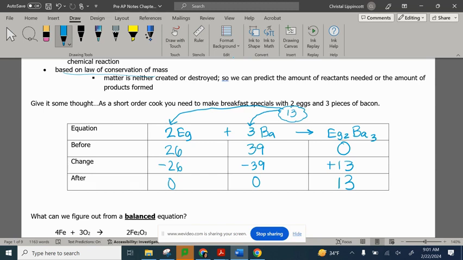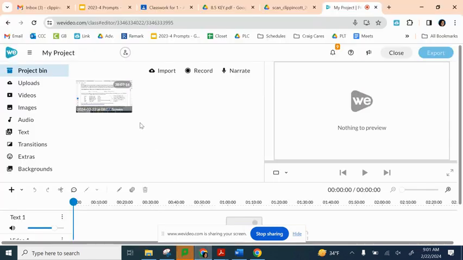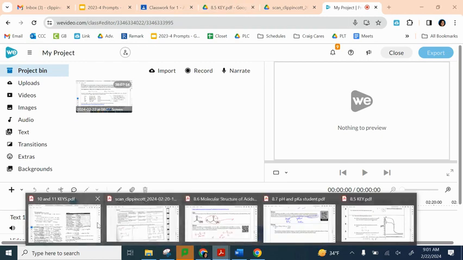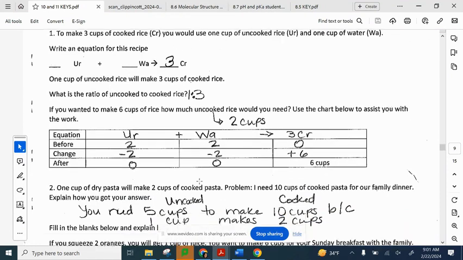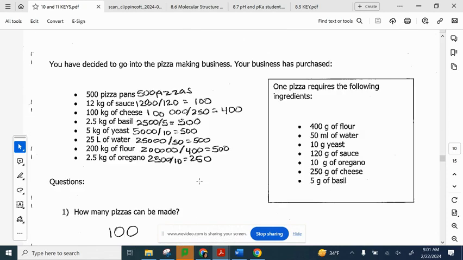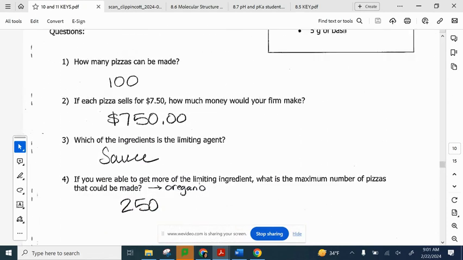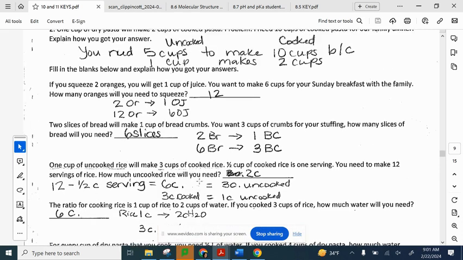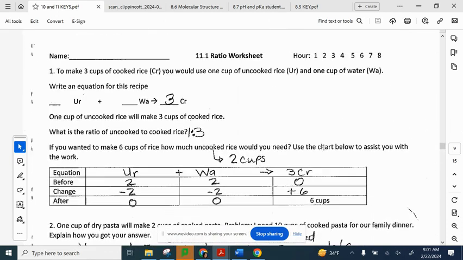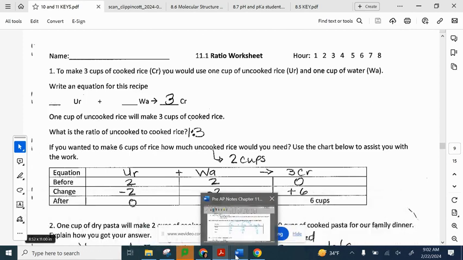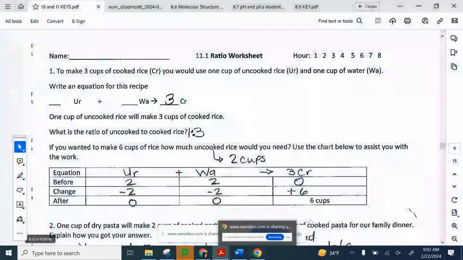Okay. So today, what you're going to do with your homework is look at some ratios. I'm trying to get over to the answer key here. There we go. You're going to be looking at some ratios in terms of cooked rice, some ratios in terms of pizzas, and I think there might be some breadcrumbs here. You'll just want to eat by the time you're done with this. Maybe some pizzas, some buffets. I don't know. Lots of good stuff going on. But this also gives you an opportunity if you are still wanting to retake